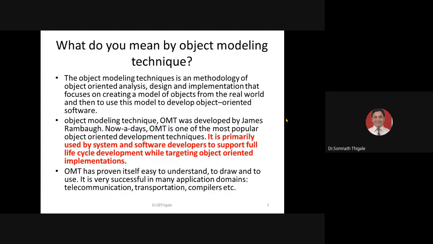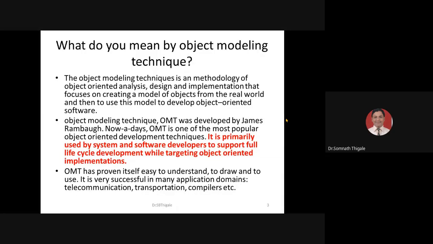Now, let's compare it with what you are aware of: to develop any software you have to follow the software development life cycle phases. What are those phases? The simplest ones are analysis, designing, coding or implementation, then testing, and then deployment. So whatever you are doing as a part of SDLC,